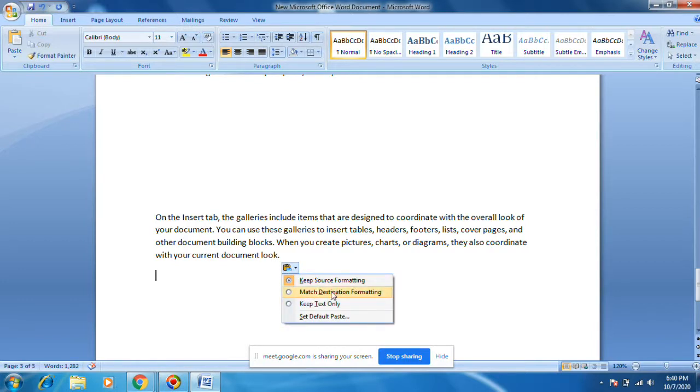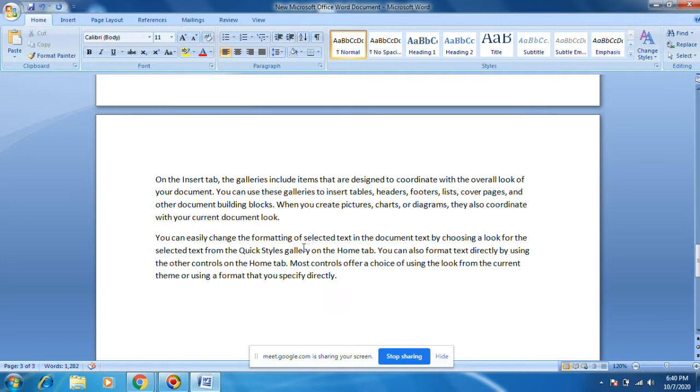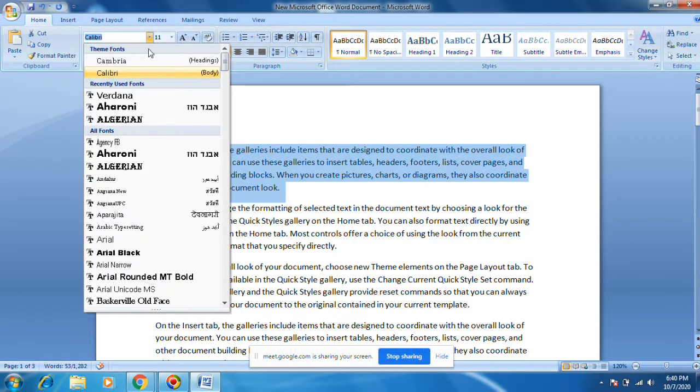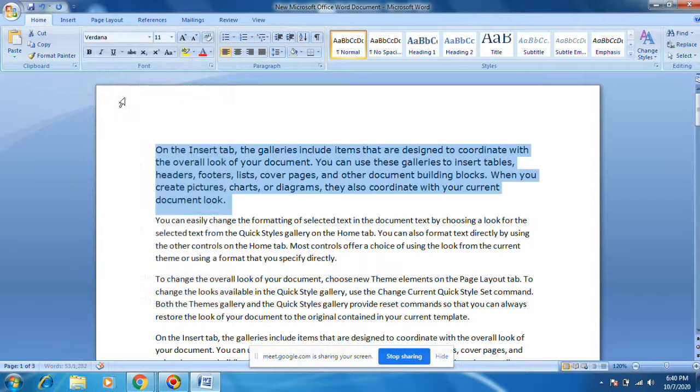Keep source formatting, match destination formatting, keep text only. Source format means whatever the format is, everything will come here. Suppose this will be, let's change something like Vardhana. Let's do copy paste here.